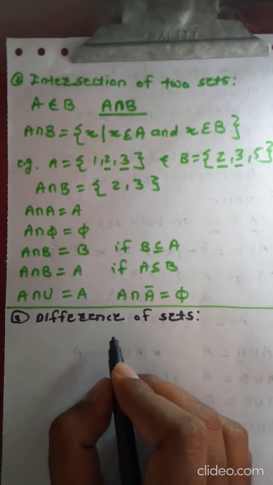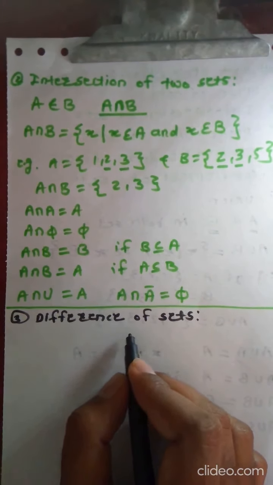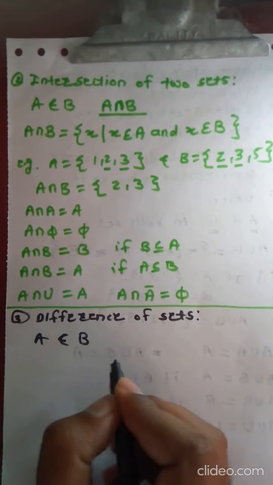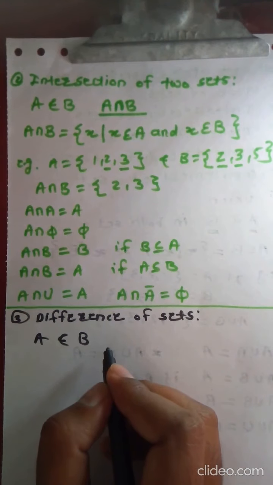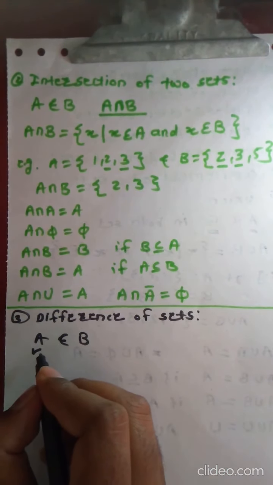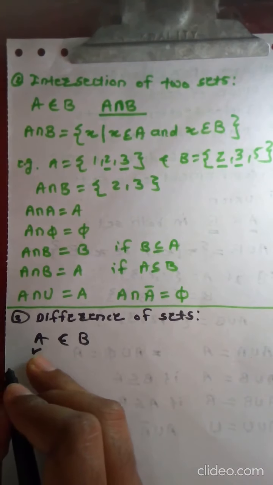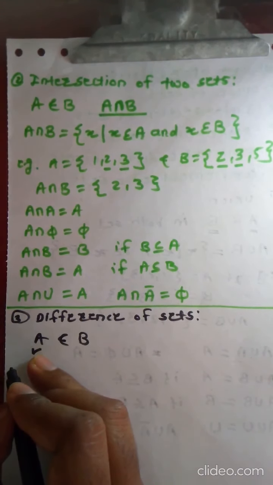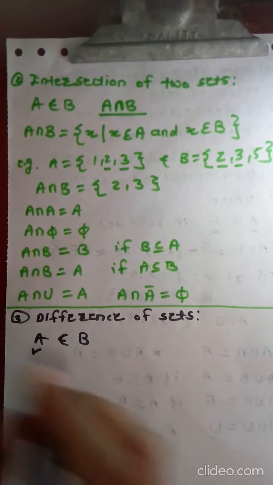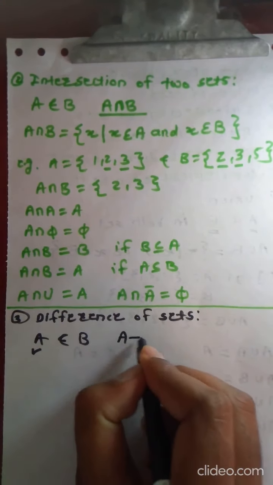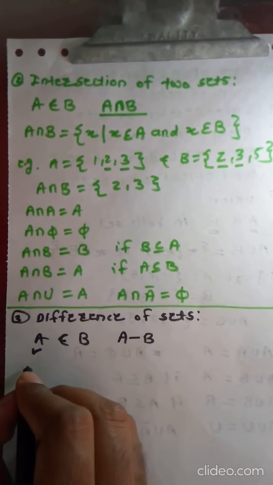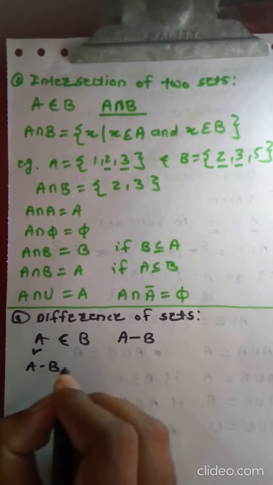The difference of set A and set B is the set of all those elements which belong to set A but do not belong to set B, and it is denoted by A minus B, such that A minus B is equal to